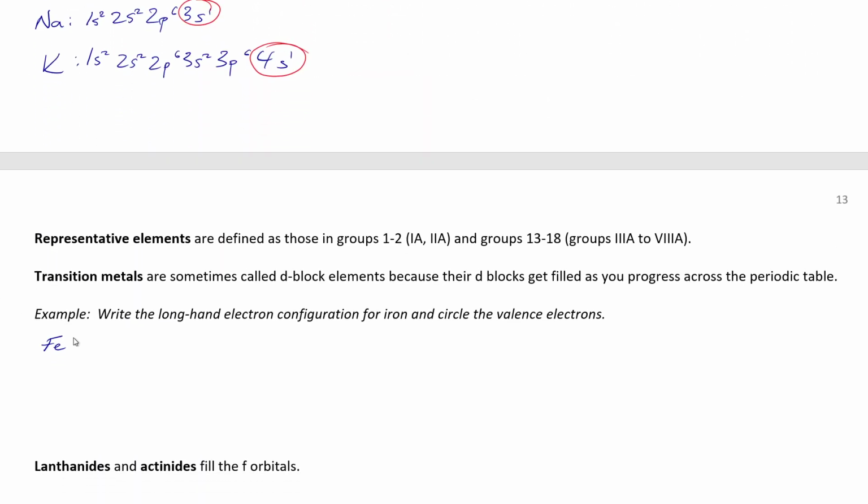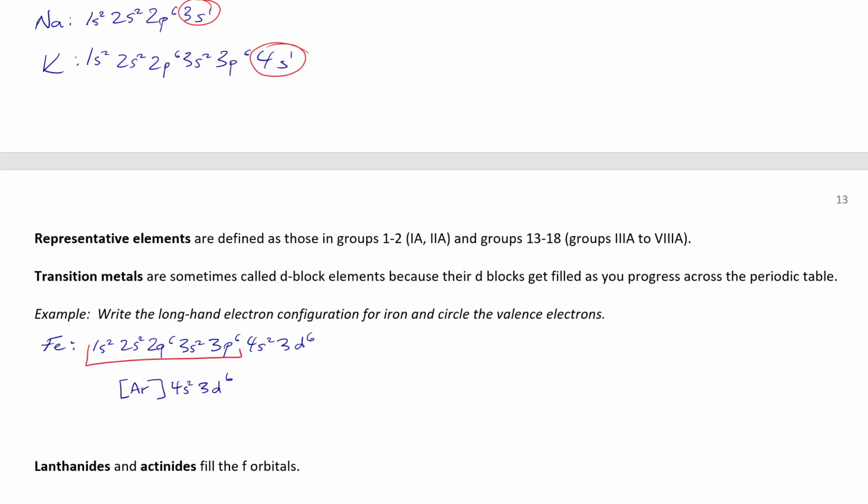So iron was 1s2, 2s2, 2p6, 3s2, 3p6, 4s2, and then back to 3d, and it was 3d6. If I wanted to do the shorthand electron configuration, well, the filled inner shell here is this one right here. And that is the filled inner shell for argon. So I would write square brackets argon, 4s2,